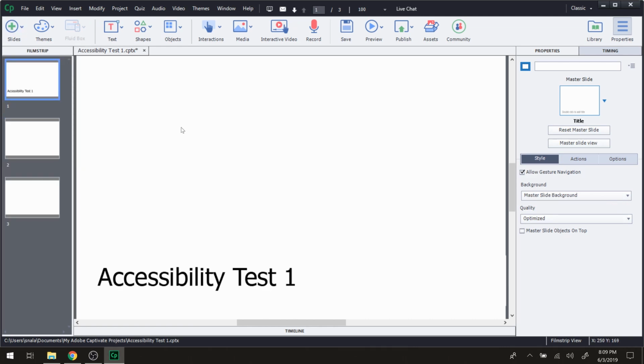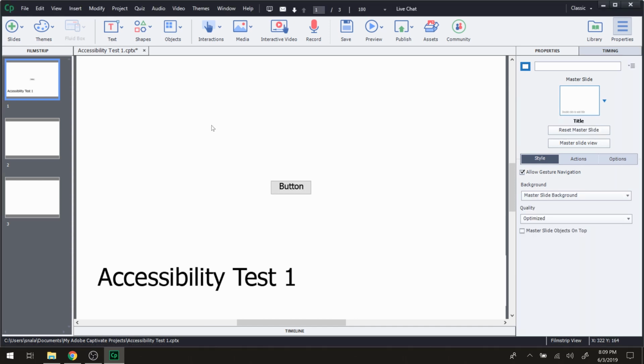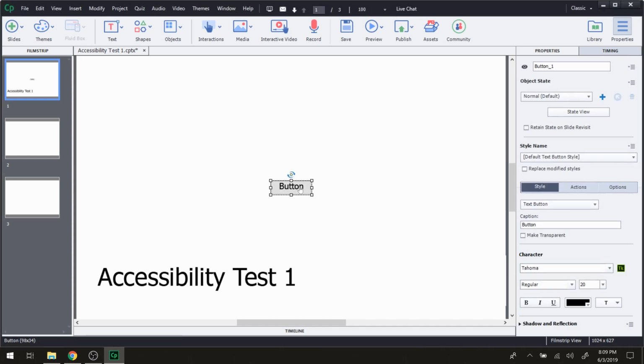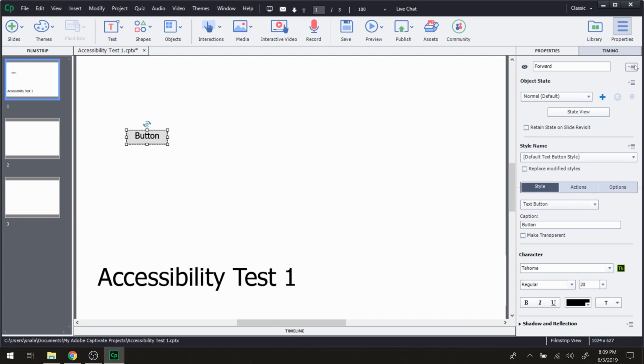And they said to create buttons for everything. So under interactions, I'm going to add a button. Somehow, eventually, it's working on it, and then it's created a button. Yay, we have a button. So this button is going to be called forward, because it's the only button we need, because we're on the very first slide. So there's button, its name is forward, and I'm just going to call this title,